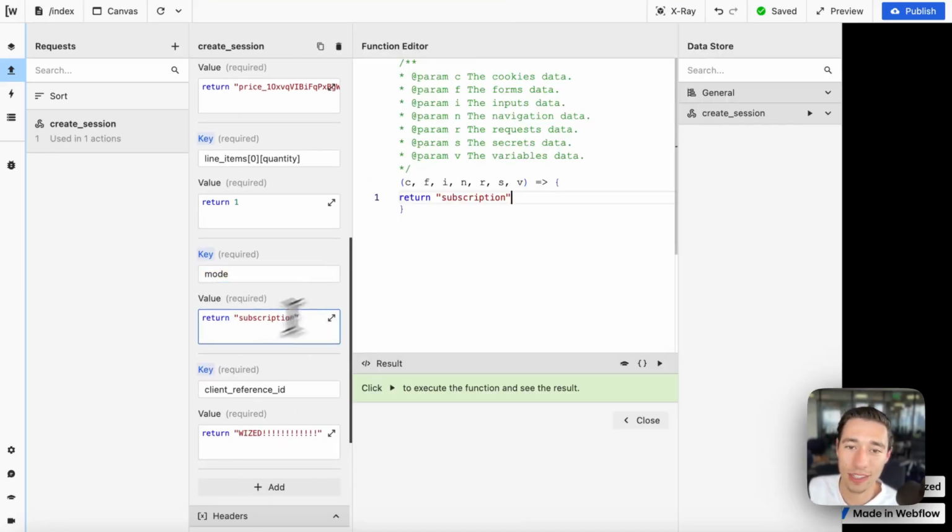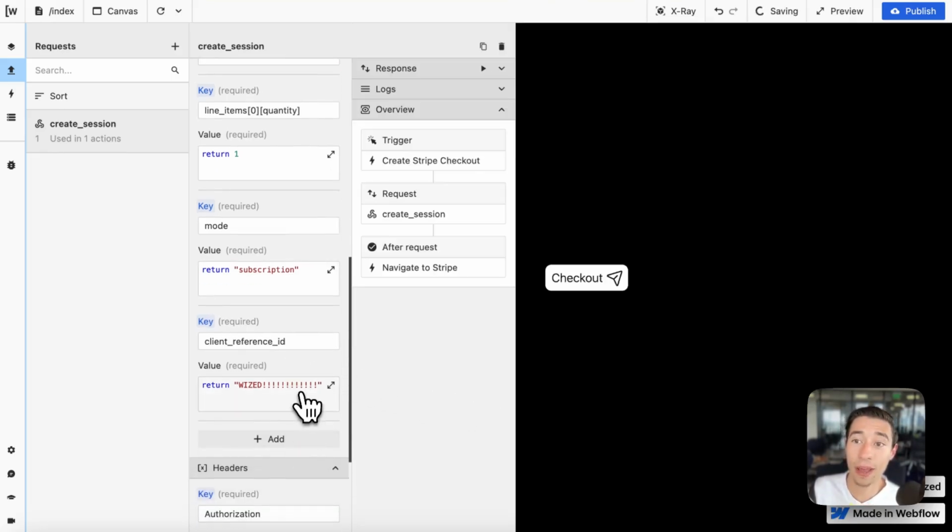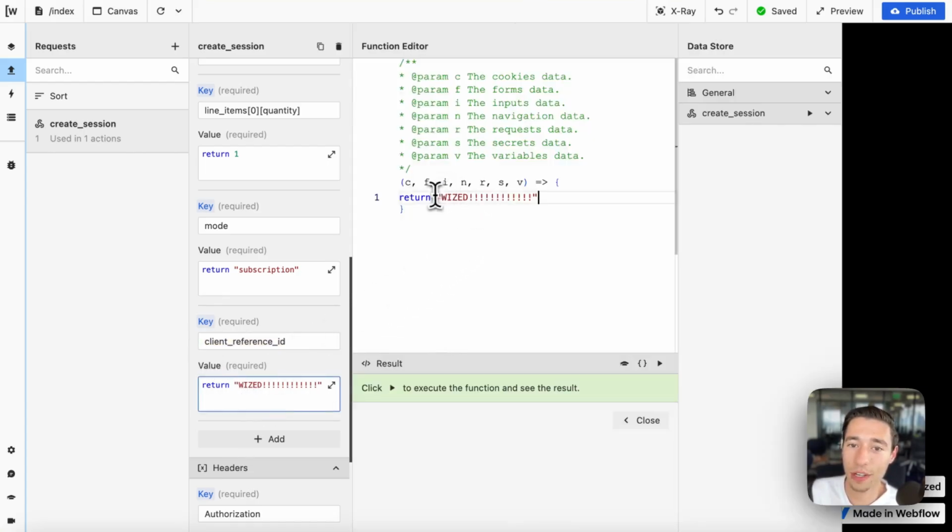And then we're going to add the mode. Before that, we had mode payment if you're going to use a one-time payment, but we're just going to add mode subscription. And that's it. That will tell Stripe, hey, this is a subscription, so get ready for it. And then we're just going to add a client reference ID, and you want to do this dynamically, probably as your user ID or your row ID. If you use Airtable, for example, this has to be a dynamic, unique ID that identifies the user that is starting the payment, so that when you successfully receive that payment and Stripe sends you a webhook, a request,